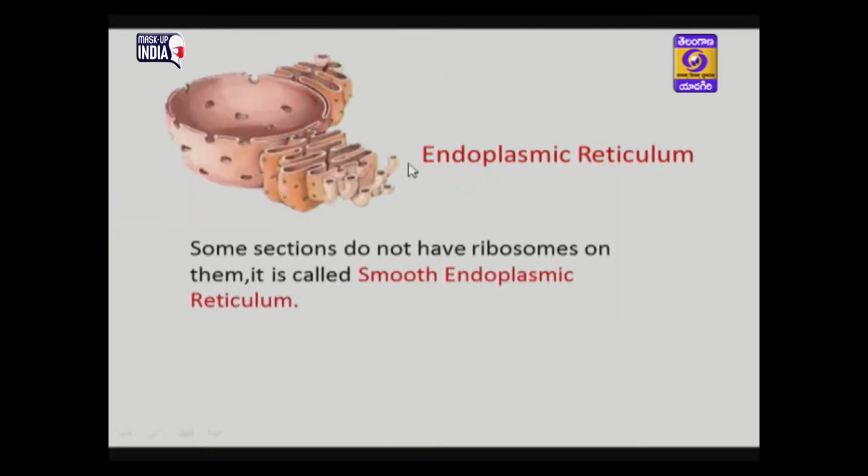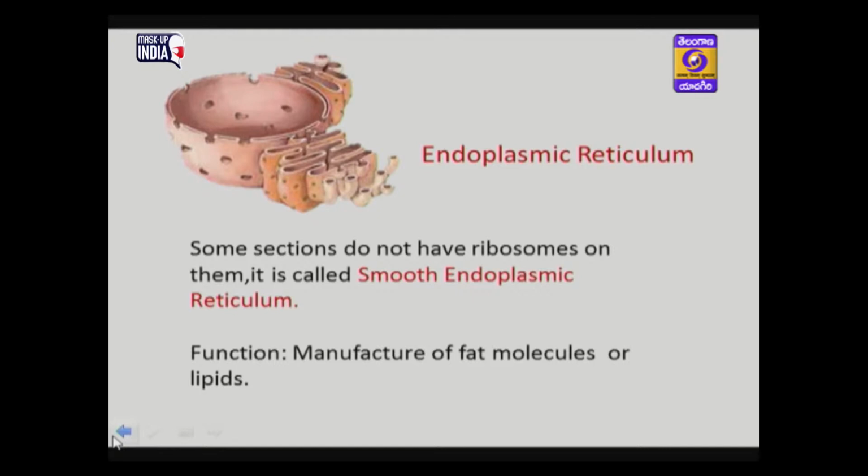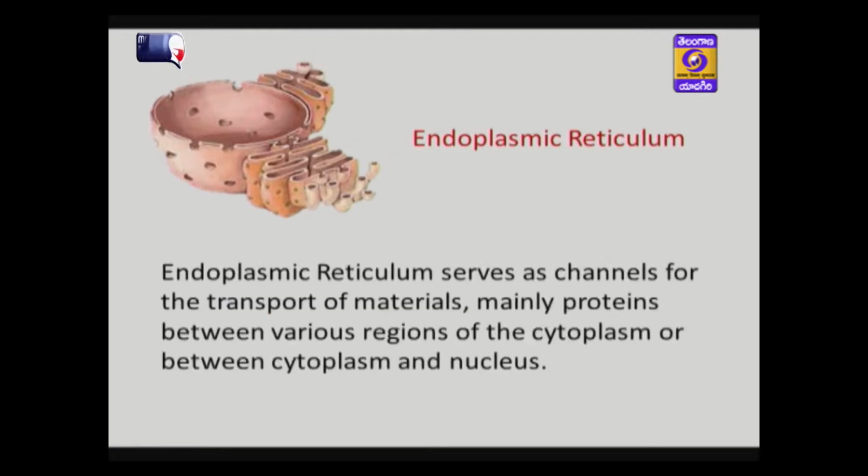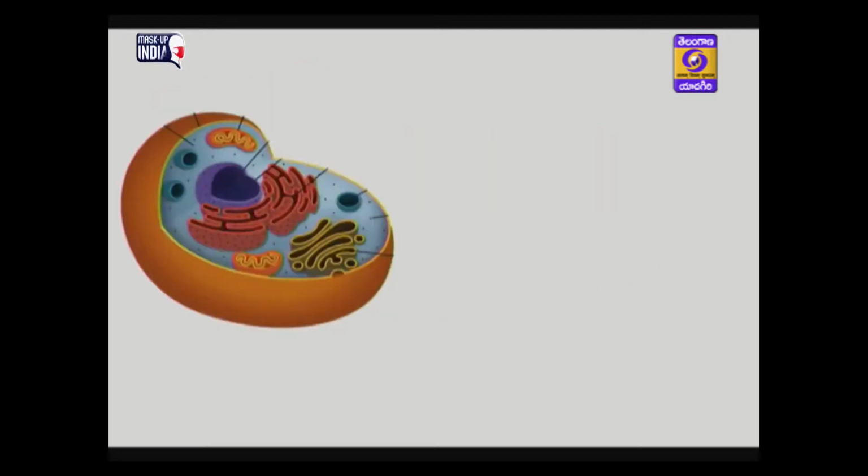Endoplasmic reticulum, some sections do not have ribosomes on it. Observe here, it is called smooth endoplasmic reticulum. Smooth endoplasmic reticulum helps in manufacture of fat molecules or lipids. Endoplasmic reticulum serves as channels for the transport of materials, mainly proteins, between various regions of the cytoplasm or between cytoplasm and the nucleus. Now, observe here, this is the organelle